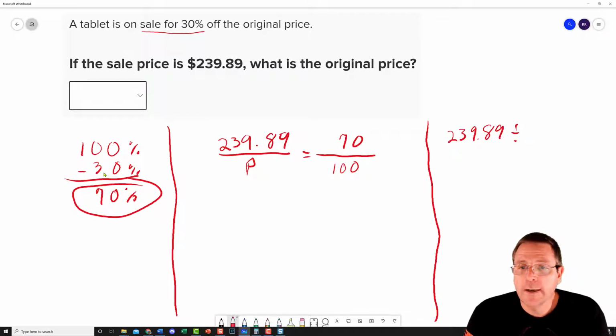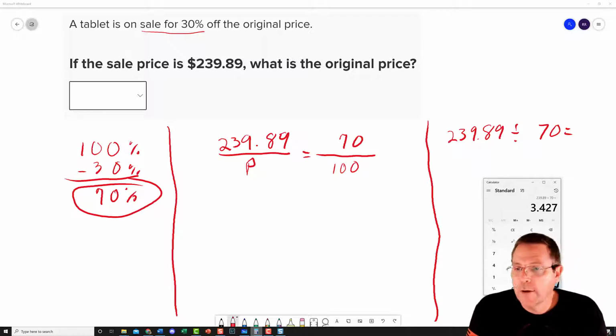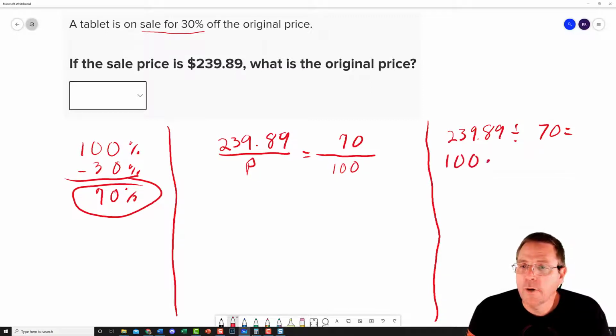$239.89 divided by 70 is going to equal, and when I do that, I get 239.89 divided by 70, and we're going to find that that rounds out to be, wow, what a number, 3.427. Now we have to take that number and multiply it times 100, 3.427 times 100, which means that you're going to end up with, come down a little bit so we have room,